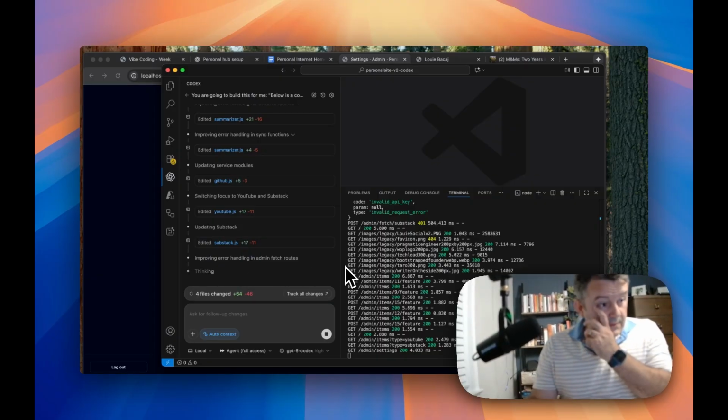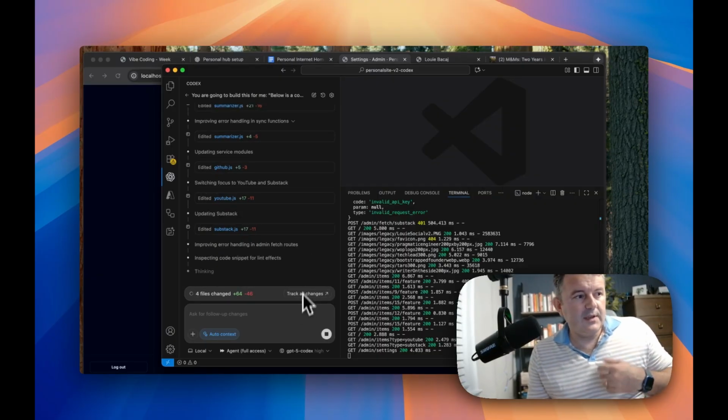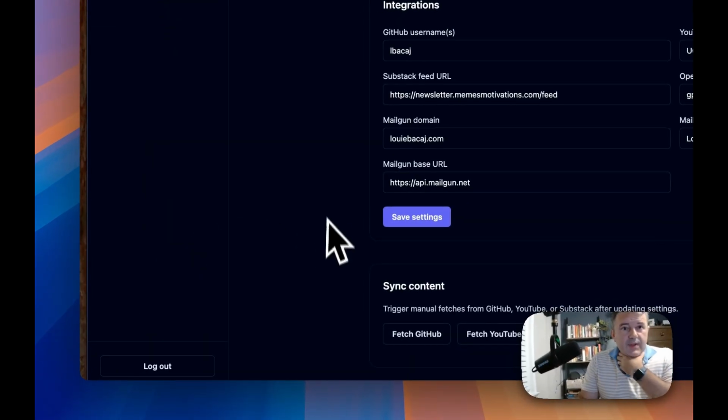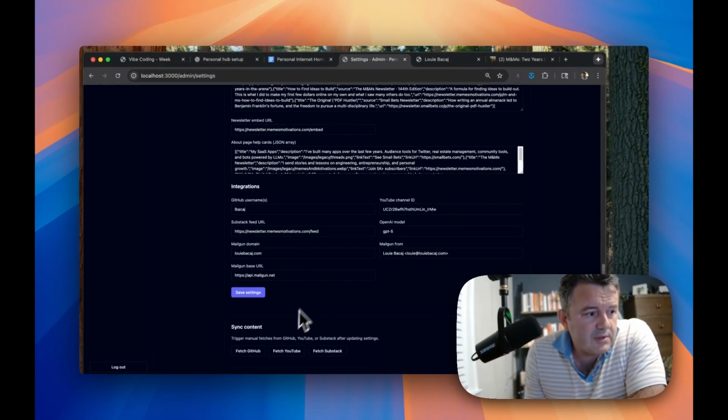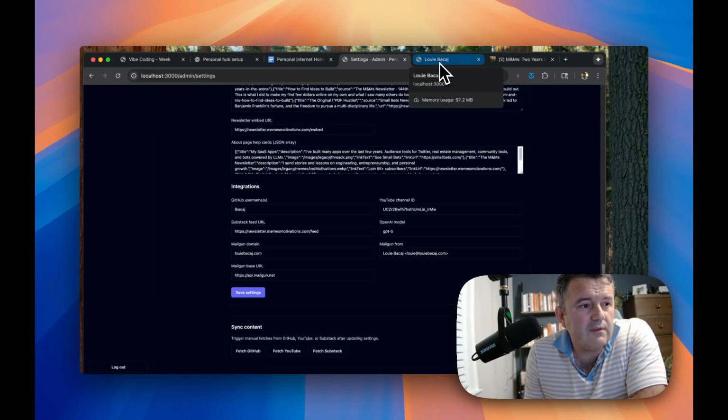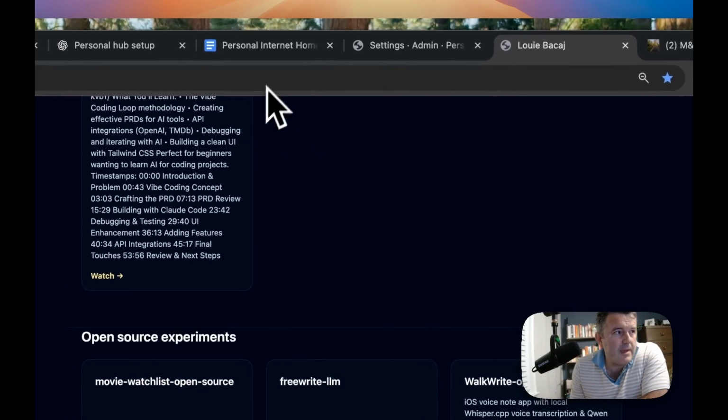It should be fixing the fetches. So let's see what happens, okay? If this works, that's going to be really good. That means that the integrations with YouTube, Substack, and GitHub are working, and we can just pull that stuff in and have it automatically flow through,